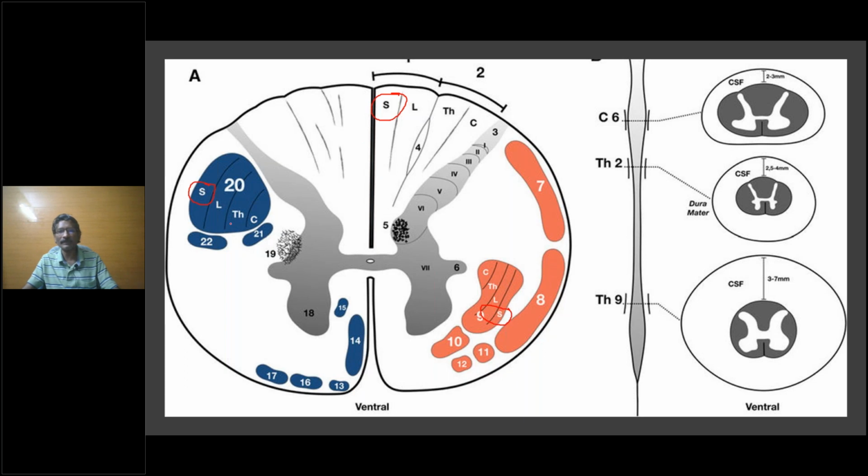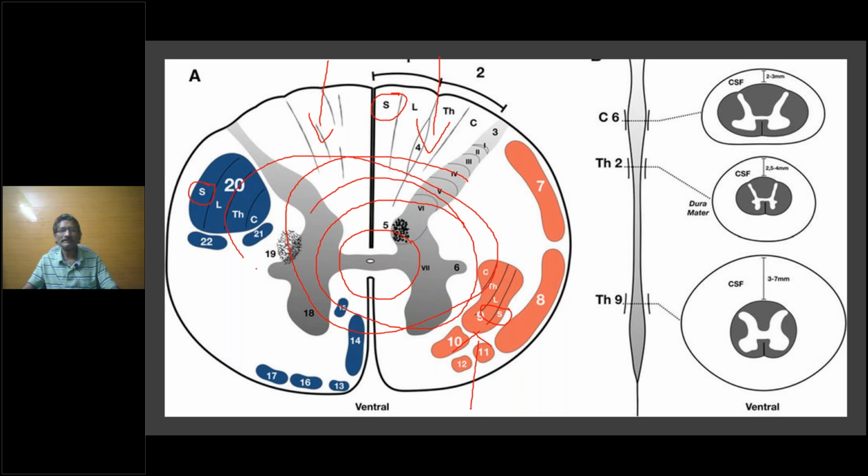The location of the sacral fibers is very important, because let's assume a lesion which is compressing like this from behind, or a lesion which is compressing the front, sacral fibers can get affected. But when a lesion is central and it keeps on expanding, it is expanding. Okay, so it is affecting... there is some amount of sparing of the sacrum.